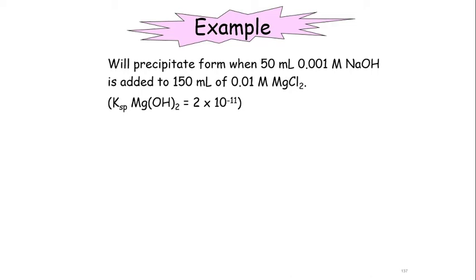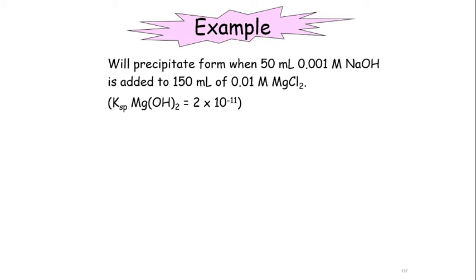The first hint you must note is the Ksp. The Ksp given for this question is for Mg(OH)2. This means that when NaOH is added to MgCl2, the salt produced is Mg(OH)2. So, the value of Q that we want to calculate is for